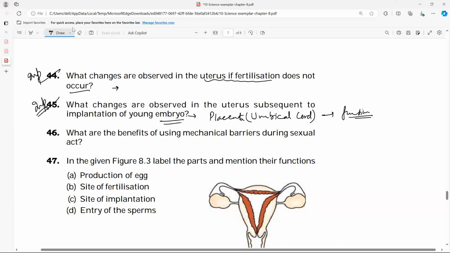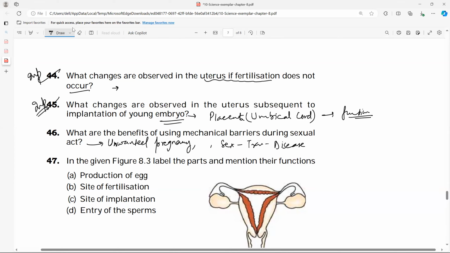Next is, what are the benefits of using mechanical barriers during the sexual act? So it prevents unwanted pregnancies and it prevents us from sexually transmitted diseases. Next is